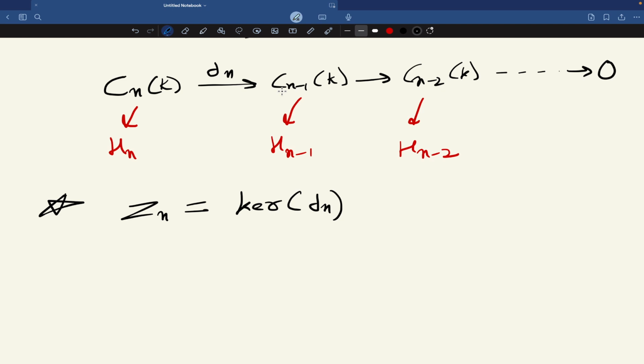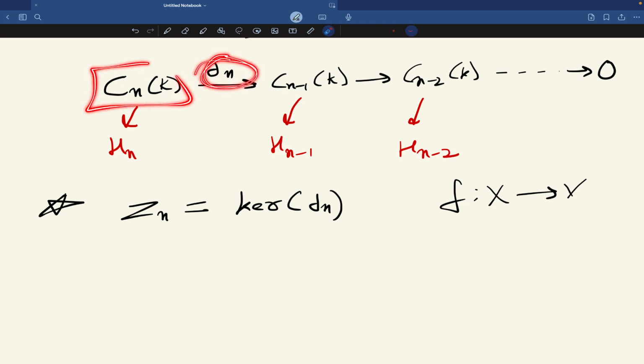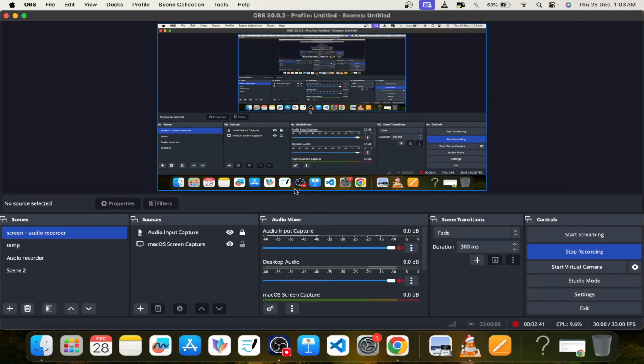And what do we mean by kernel? Basically, kernel is a set of inputs. In any function, we have input x that goes to y, right? So for this function Dn, we have input as a chain in Cn and output as a chain in Cn minus 1. The kernel of function Dn